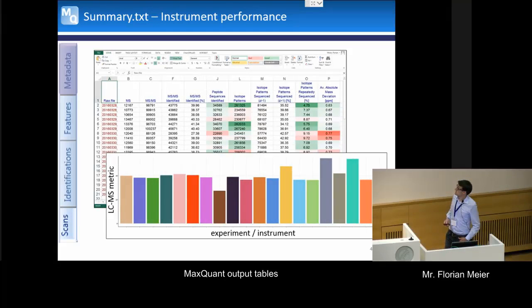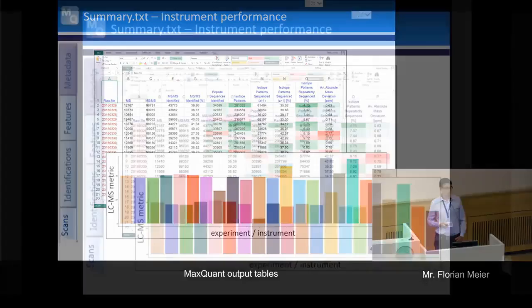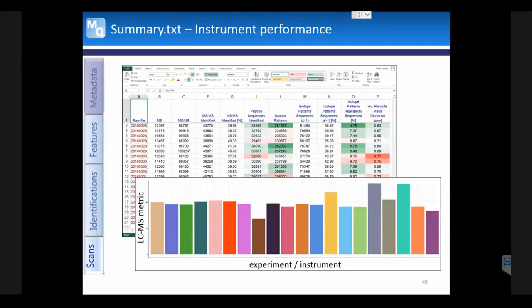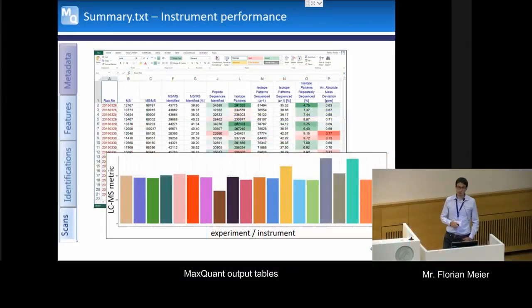And this is just an example from our lab. So every week for all of our instruments, we run QC runs. So this is a tryptic digest from a HeLa cell line. And we plot them over the entire year, and I think now we have a record of a few years. And it's relatively easy to plot all of those parameters. And those parameters have a problem that there's no clear cutoff, but it's very helpful to plot them over